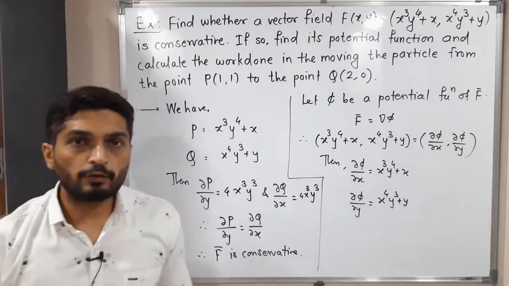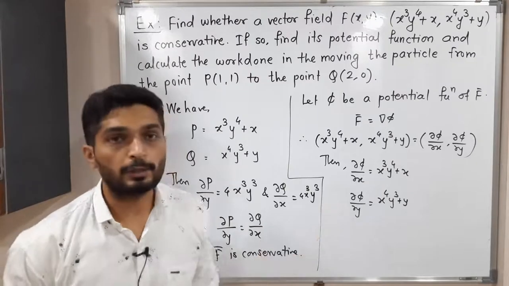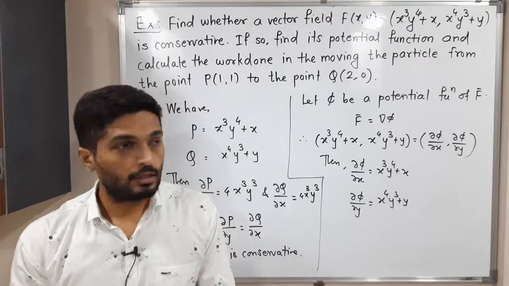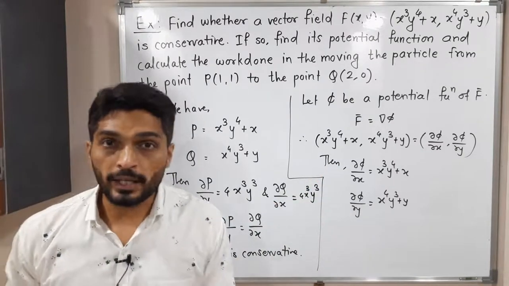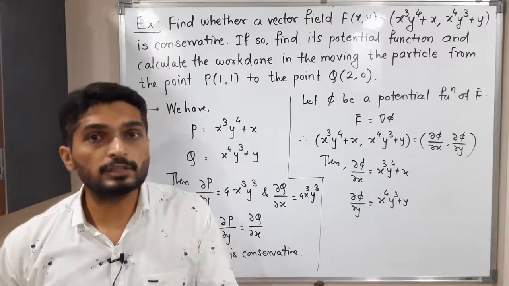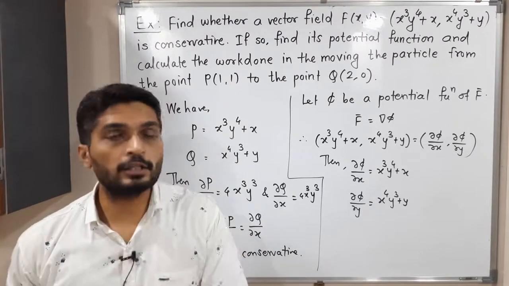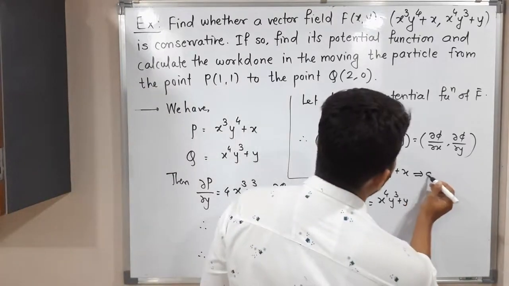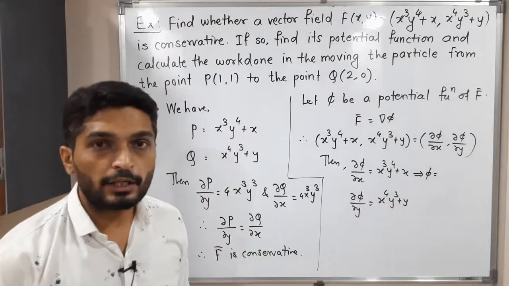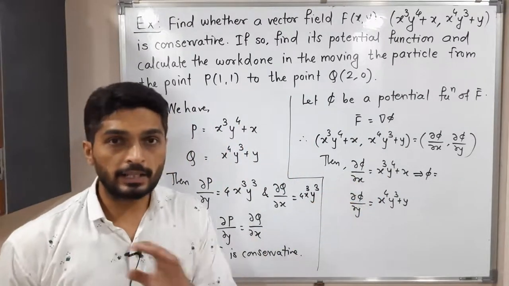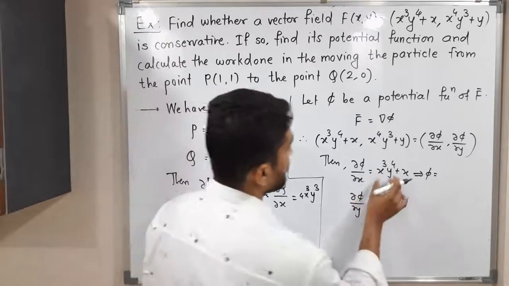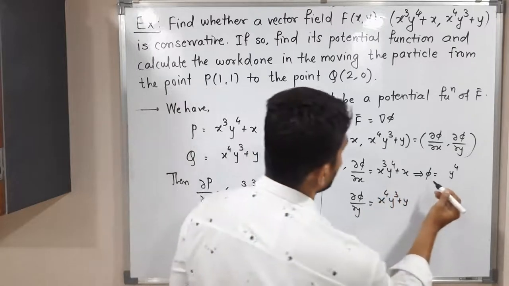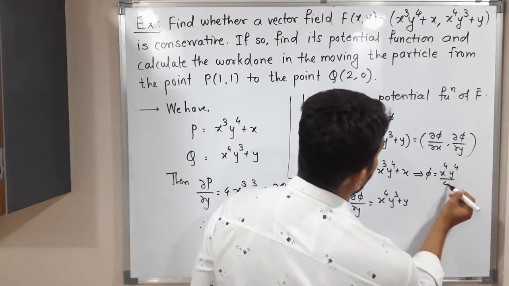So this thing we have. That means we got derivative of phi with respect to x and derivative of phi with respect to y. But what is our target? Our target is to find phi. Okay. So we have partial derivative with respect to x. We will take integration with respect to x. So derivative and integration will get cancelled and we will have the required value of phi. Let us do. So I am integrating with respect to x. Getting? Derivative and integration will get cancelled to each other. Let us focus on this term. Y raised to 4 will be constant since we are integrating with respect to x. Integration of x cube is x raised to 4 by 4.